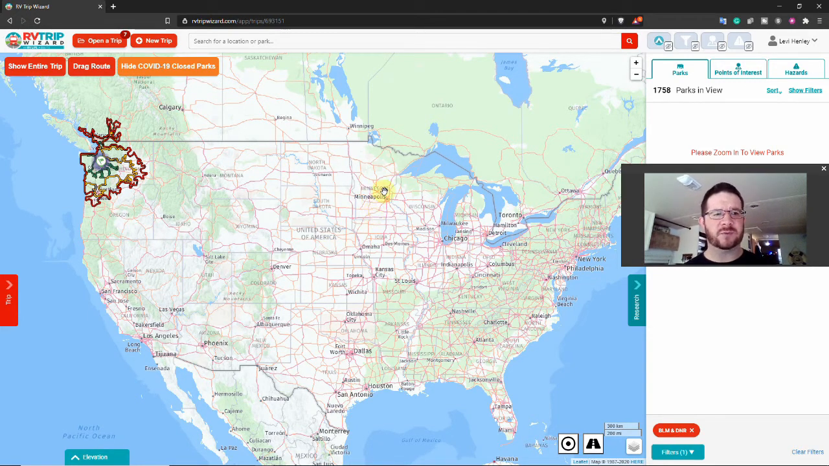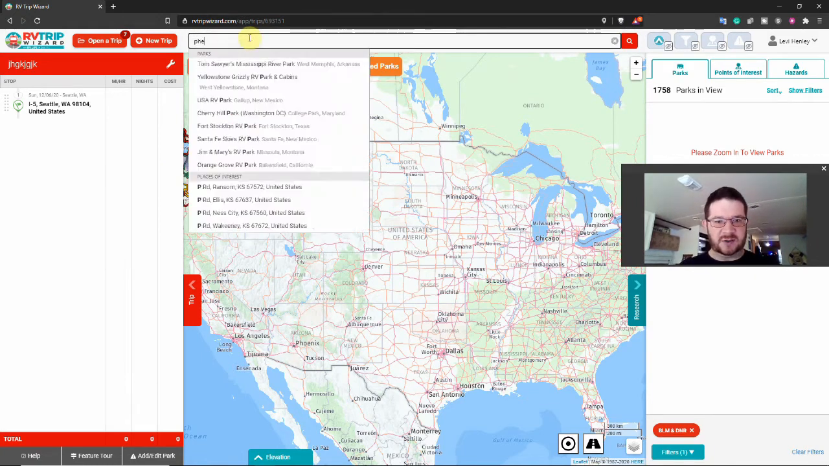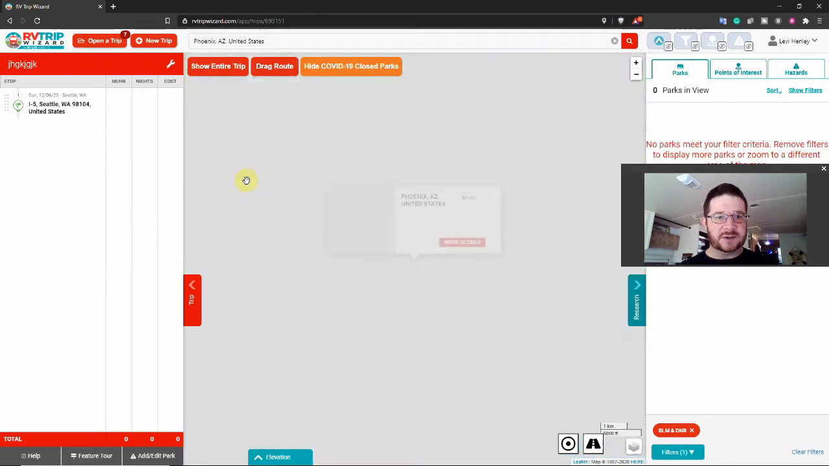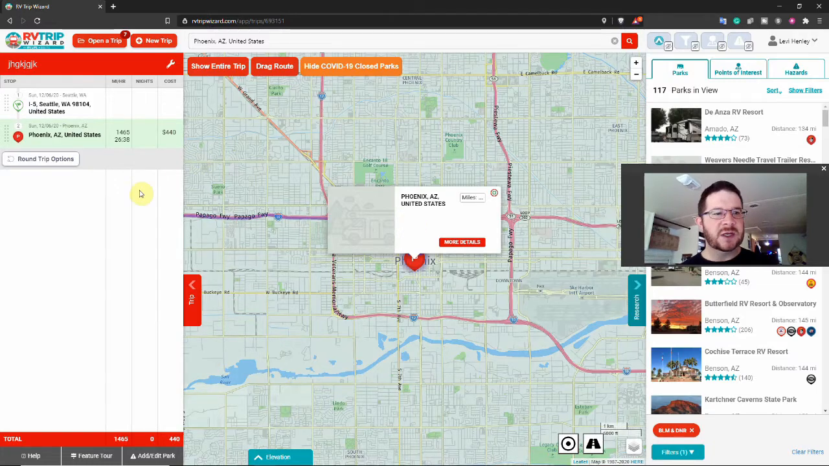So I'm here in RV Trip Wizard. I'm not just going to use this. I'm going to use the app and allow it to branch out where it does to find a spot. So first I need to make a trip. Let's say I'm going from up here in the Portland area or Washington, Seattle area, and heading down to Phoenix, Arizona. So I don't have a specific place in mind right now. It's not showing Arizona. There it is, down here at the bottom. So I'm going to hit more details and make that the last stop. So I've created a route